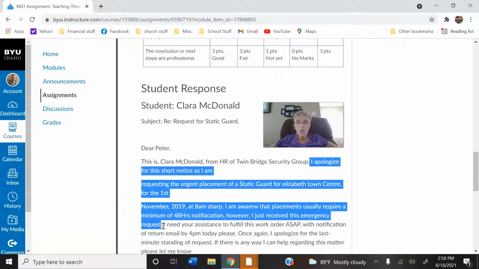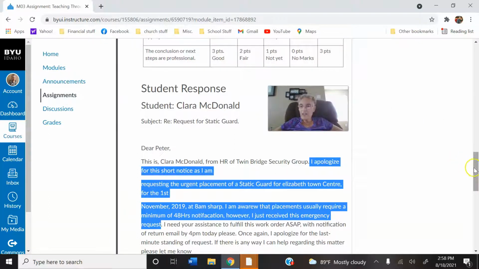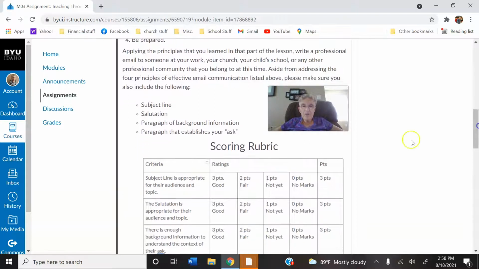And so, what I would suggest to you, because look up here in the assignment, it says 1 paragraph for background information and another paragraph for the ask. So actually I think what the assignment is asking for, Clara, is 2 paragraphs.